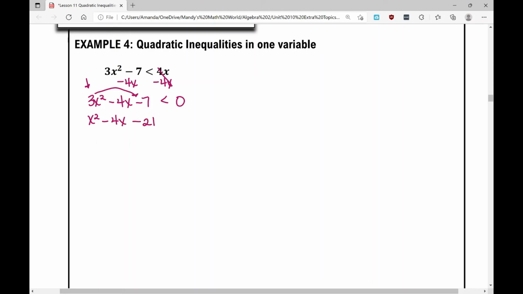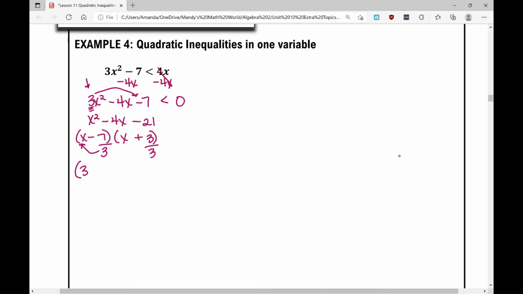Now I need two numbers that multiply to negative 21 that have a sum of negative 4. Those numbers are negative 7 and positive 3. So I'm going to write those out like this: x minus 7 times x plus 3. And because I multiplied that a value into my last term, now I need to divide that a value out of each of these last terms. So I get,